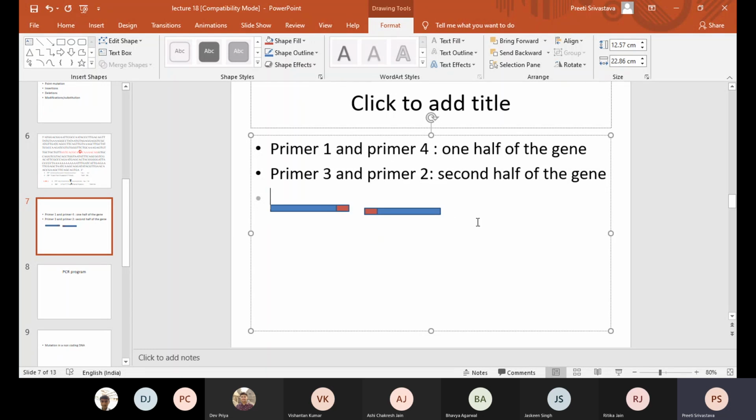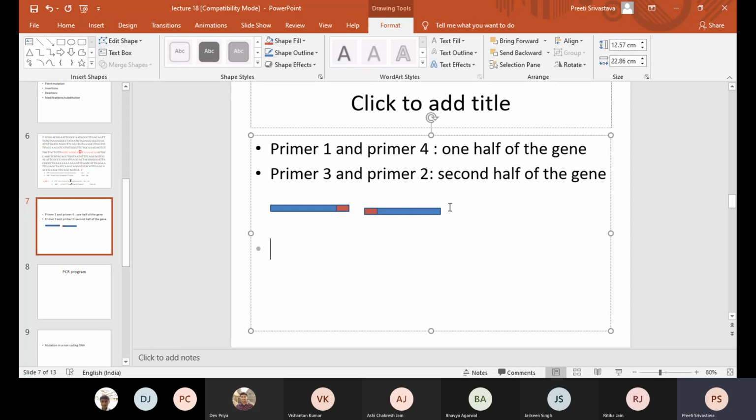So now what we will do is, after you have completed the amplification of the two halves, and the class knows why we will get only half, right? These are done in two separate tubes. Let's name the one which has primer 1 and 4 as tube number 1, and where you have primer 3 and 2, name it as tube number 2. You are going to run it on an agarose gel and analyze that yes, you got an amplification.